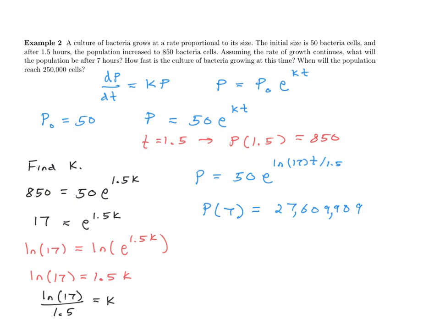Okay. How fast is the culture of bacteria growing at this time? That is the derivative of this function evaluated at 7. So we want to know, what is dP/dt if I put 7 into that function? Well, I know this is equal to k times P, and we figured out that k is the natural log of 17 divided by 1.5, and the value of the function P at 7 is this number here. So I'm just going to copy it down and say